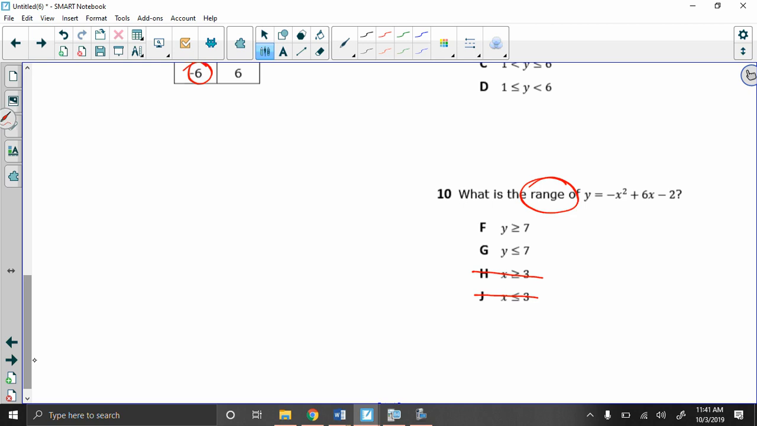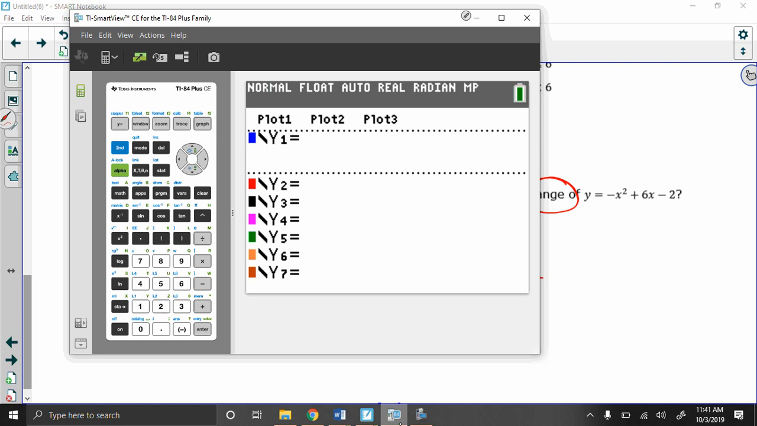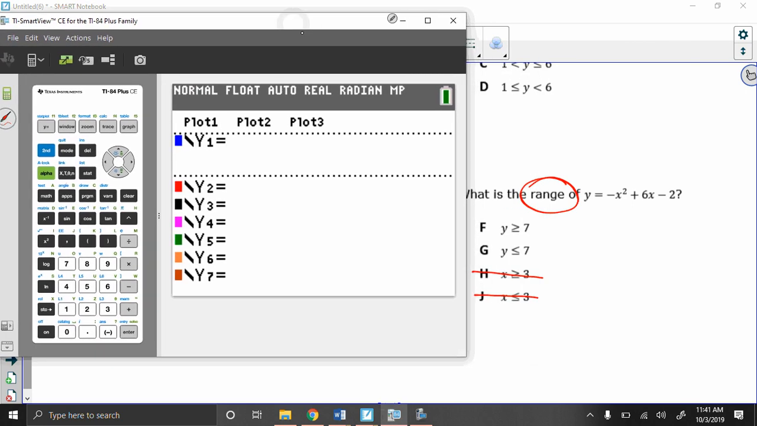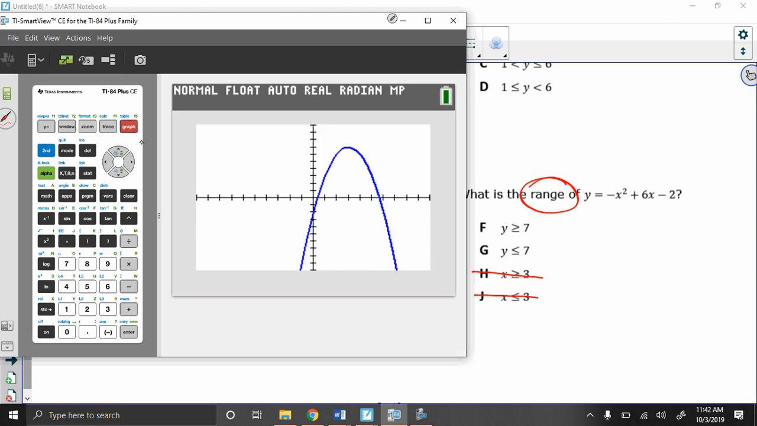So what we're going to do now is go ahead and get out our graphing calculator. I'm already in the y equals screen. If you need to get there, it's the top left-hand corner of your calculator. And I'm going to type in the function -x² plus 6x minus 2. And I'm going to go ahead and hit the graph button. And I see that it gives me